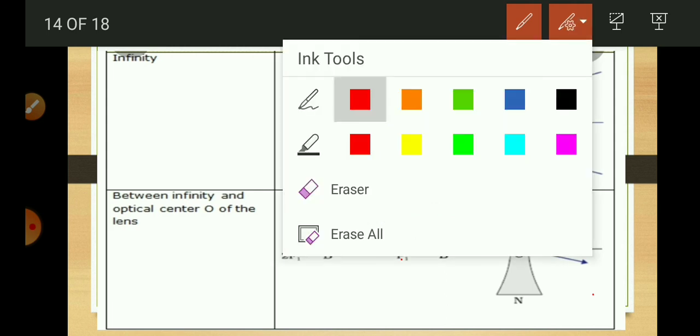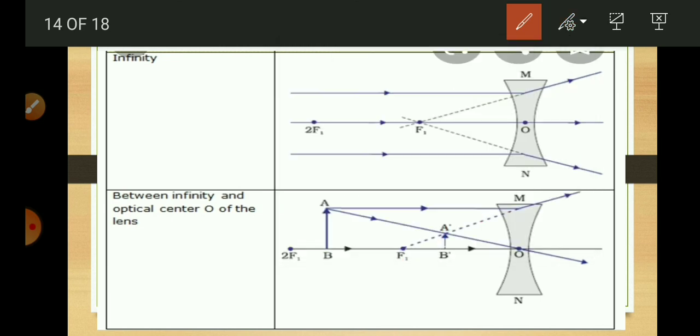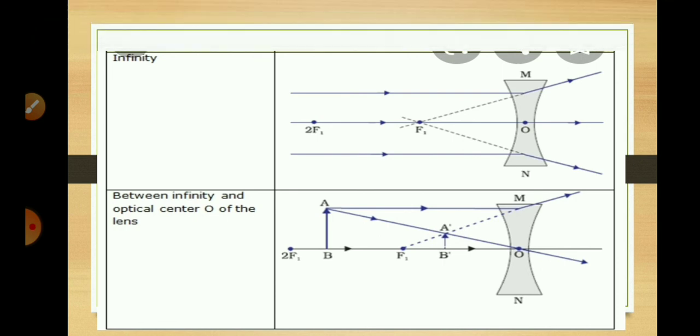So this is image formation by spherical lenses. Hope you understood it. I will suggest you to draw all these ray diagrams in your notebook. You have to take care of distance between O and F1 and F2, 2F1 and 2F2. Distance between every point should be same. You can take 2 cm, 3 cm, 4 cm, any distance, but it should be same between all the points, and the lens should be thin. Then you can construct the ray diagrams. It is an important part of this lesson.